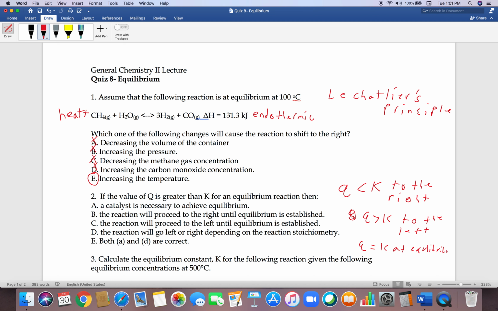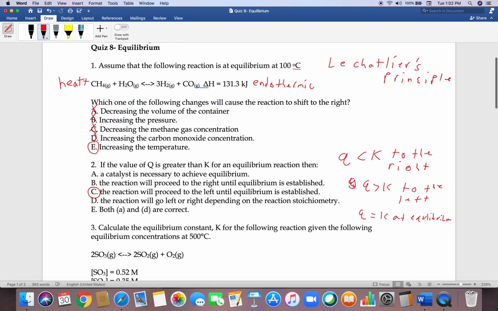So those are those rules that were discussed in the lecture. The question says if the value of Q is greater than K for an equilibrium reaction, then we're going to want to proceed to the left. So the answer here would be C. Okay, so these are just some things you need to memorize to understand. So number 3